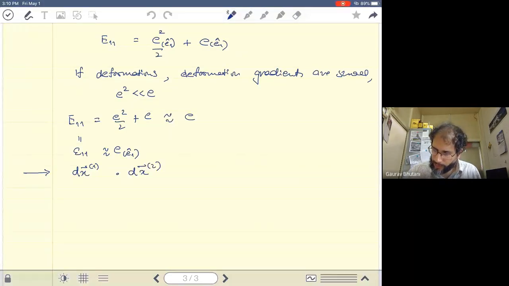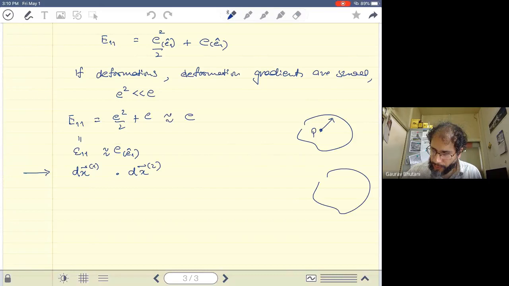If you want to get a picture of this, you have a point capital P, and you have points Q and R, and these map to